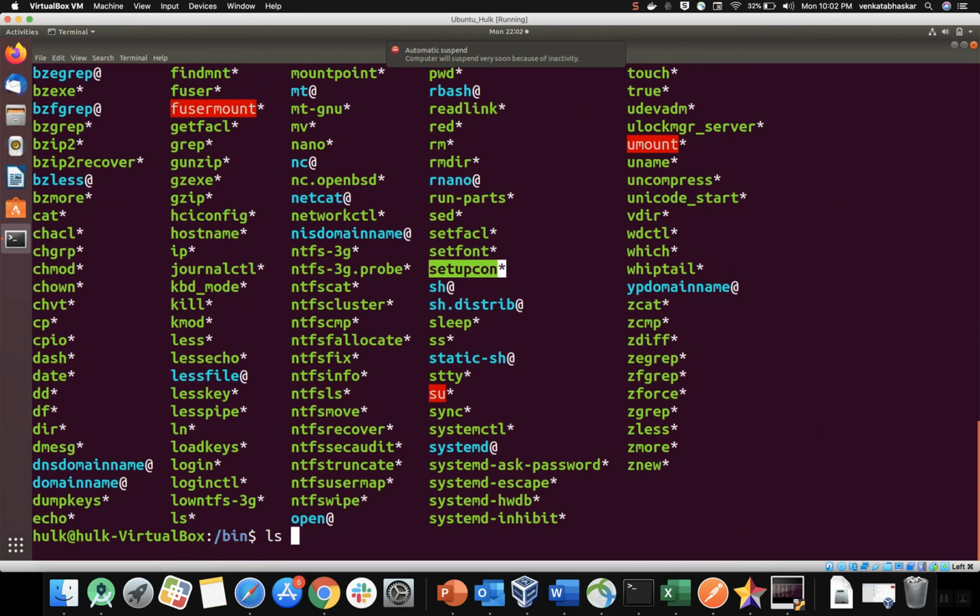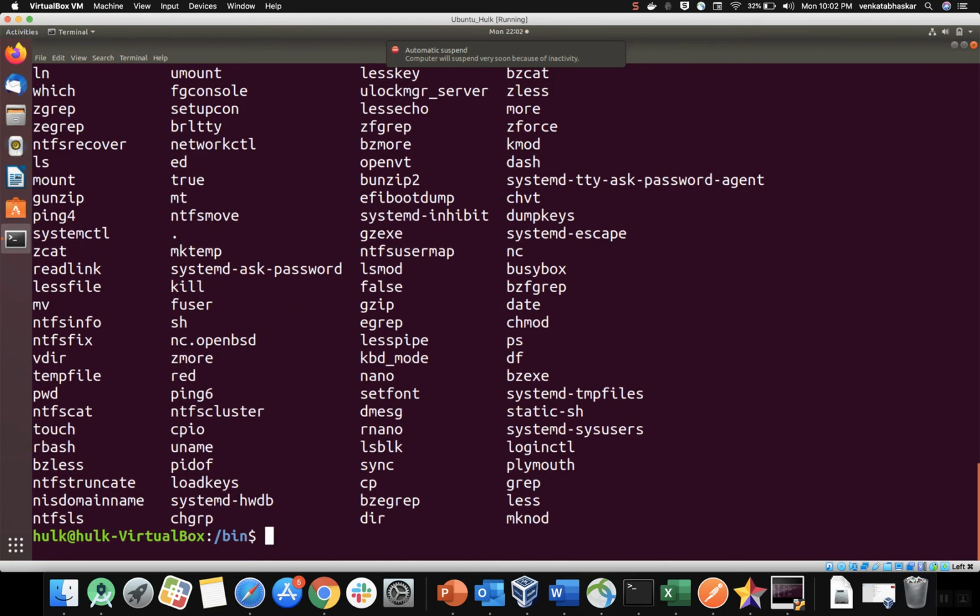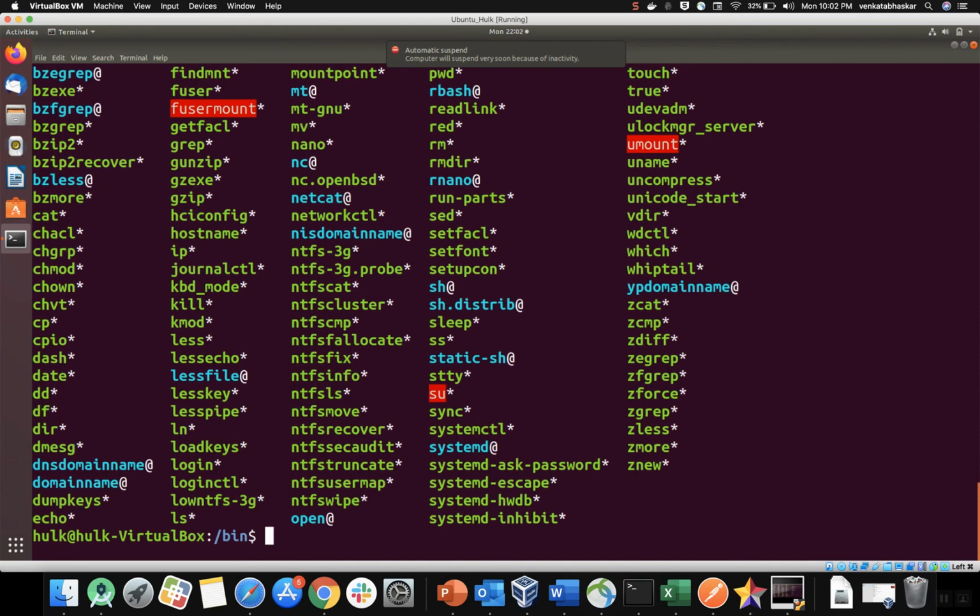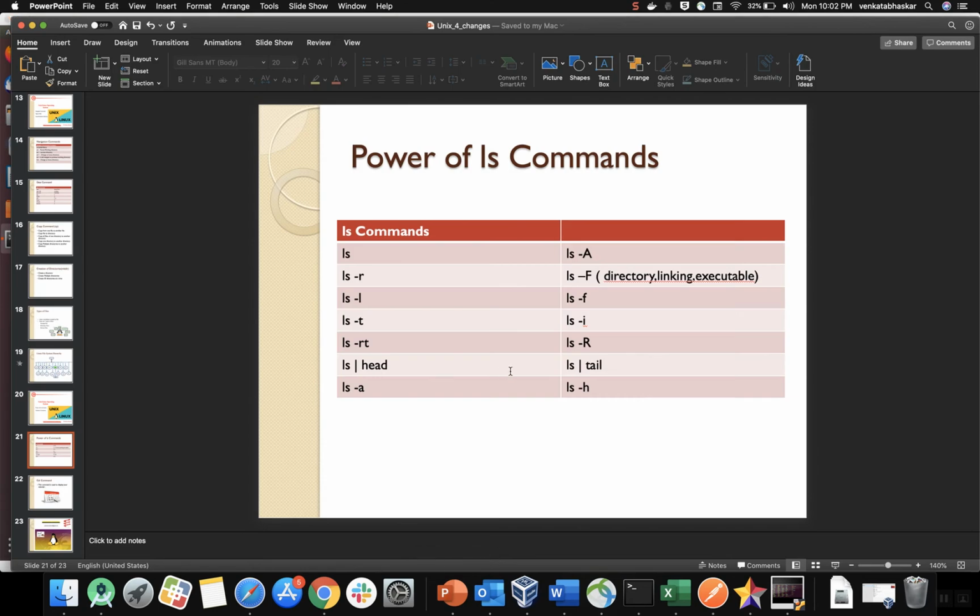Now what I will do, -f. See the magic. If you want to disable the colors with respect to any file, then if you use -f, it will disable all the colors. This is the use of ls -F and ls -f. Then which commands are pending? We saw the head command and tail command, and we saw ls -a.